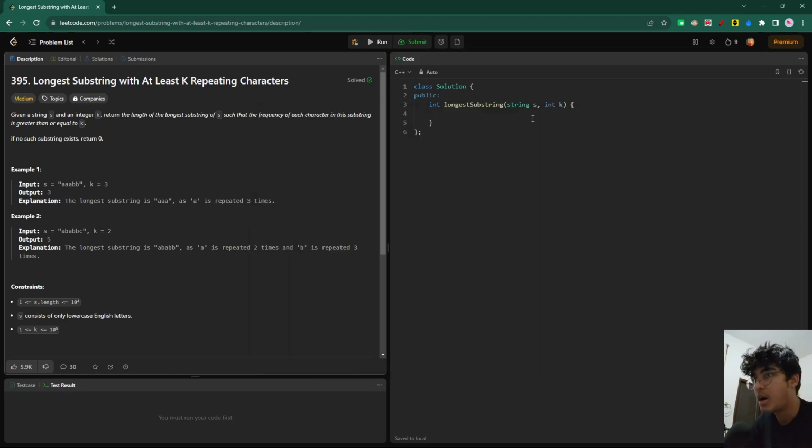What's up guys, I am here to explain LeetCode question number 395, longest substring with at least k repeating characters. So what we have to find is, in a given string, one substring which has at least k frequency of each unique character of that string. For example, in example 1,